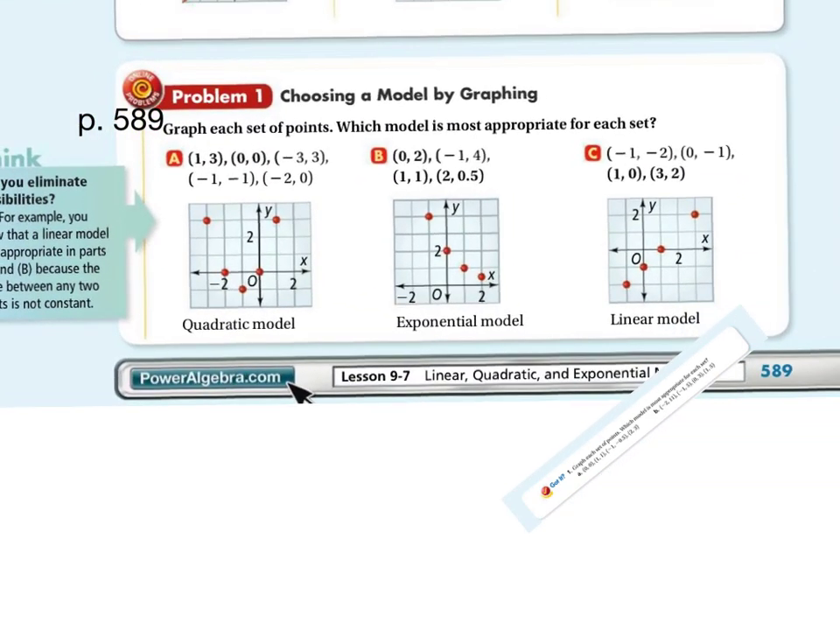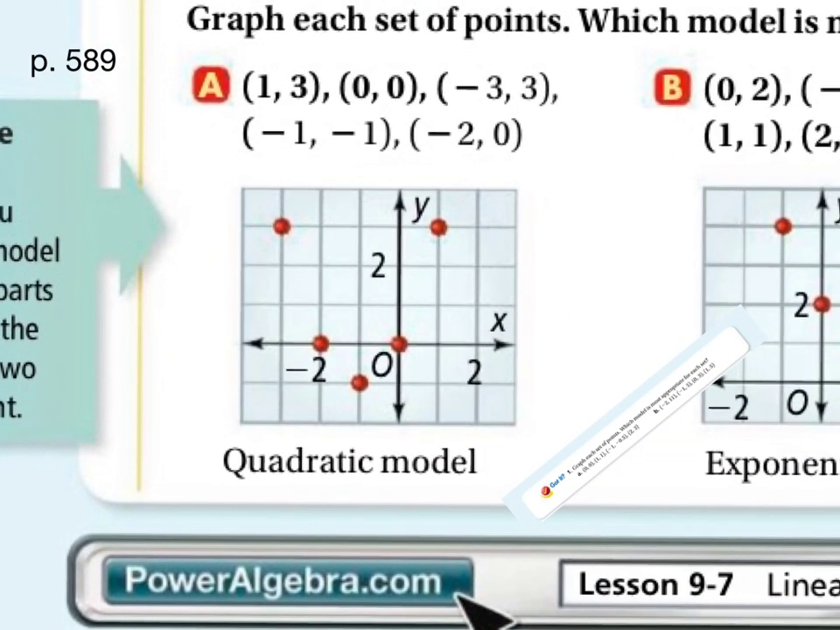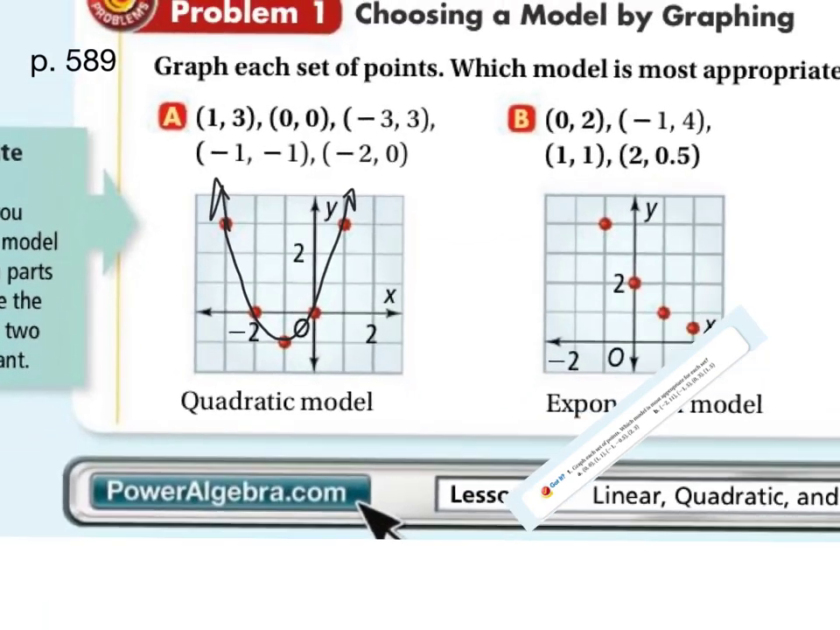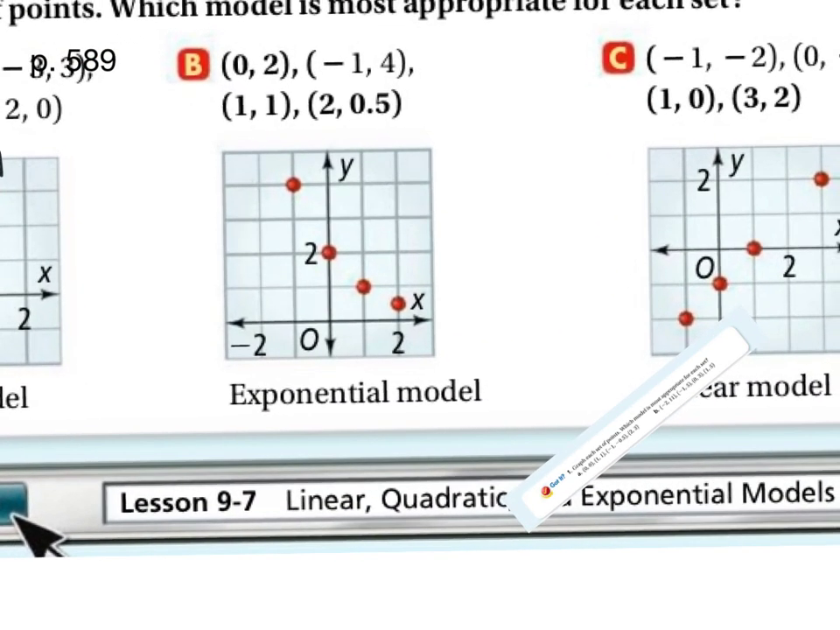So in problem 1, they're asking us to graph the set of points and tell which model is most appropriate for the set. So if you look at part A, if you graph those points, this is kind of making a U shape here, so that would be a quadratic. Part B,